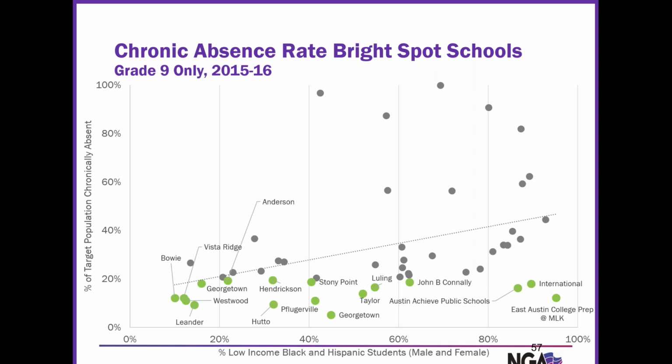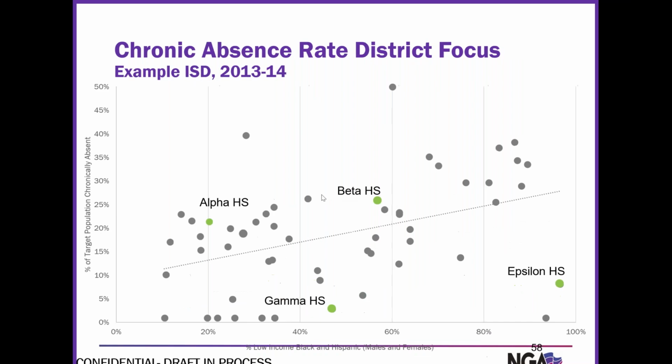And then we looked at the chronic absence just of their My Brother's Keeper target population, and you can see that there are huge ranges from 80% or more down to 10% or less in schools that look exactly the same. So next slide. Based on this, one of the things that we've done, and this is not real data, obviously,